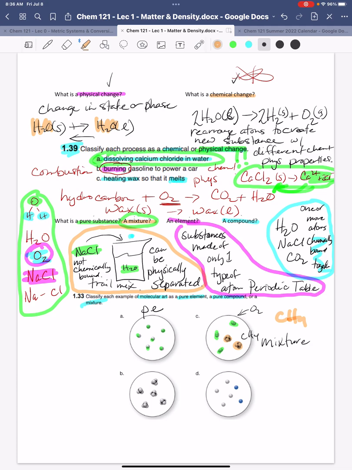Over here, we've got a whole bunch of methane, right? CH4. You don't know that, but that's okay, I'm going to tell you that. So this is a pure compound, right? It's a pure substance, if you will. They're getting a little bit more specific in this question, asking if it's a pure element or a pure compound. And then over here, last one, we've got 1, 2, 3, 4 atoms of one type, and then we've got 2 atoms of another type.